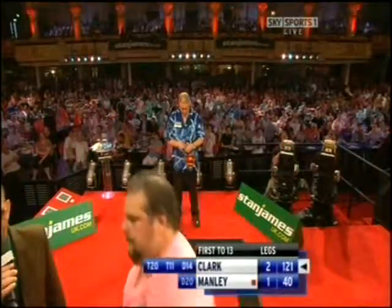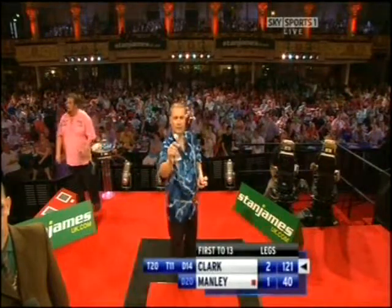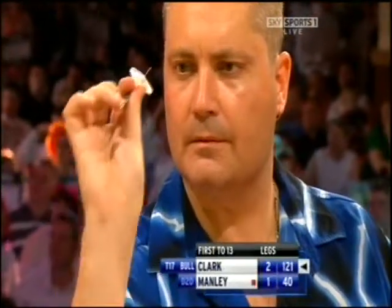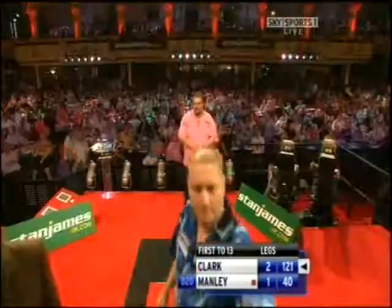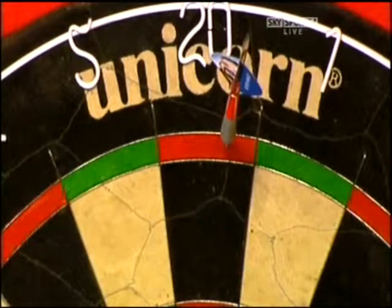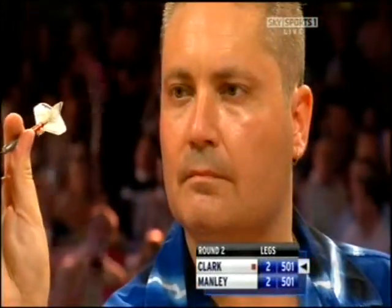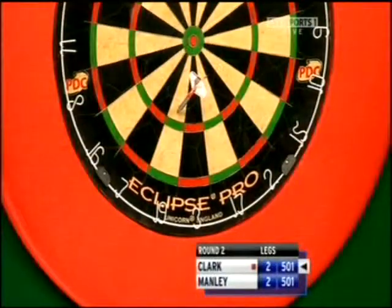99. To leave 40, so chance of a breaker throw here with a beautiful 1-2-1 finish. We've had one or two this week already. Well, Manley has the opportunity now. 3 clean throws at double top to square the match. Well, that's how he's like. He's called one down, and that's why. There was a time when that was a regular thing, and the way he's playing at the moment, seems those days are returning. And when they've fully returned, rest assured, Manley will be in there,